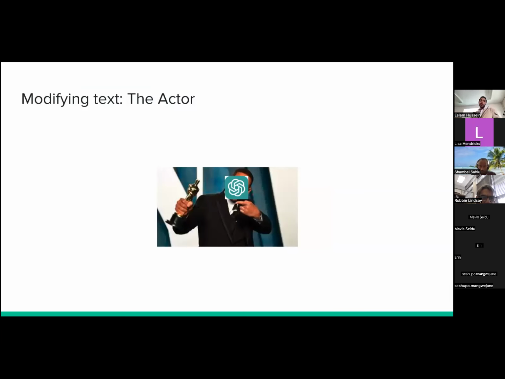So now, how can it modify text? Does it speed up overall activity? Yeah, it does.